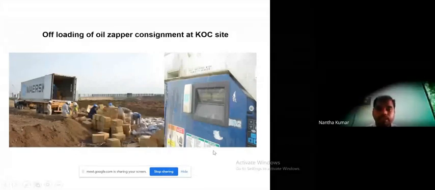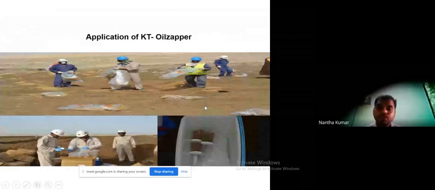These materials are kept within controlled condition at 2 degrees centigrade. Here, this is the prepared site where all the contaminated soil is homogenized and placed. This packed material from India is transported in controlled refrigerated condition and reached Kuwait.